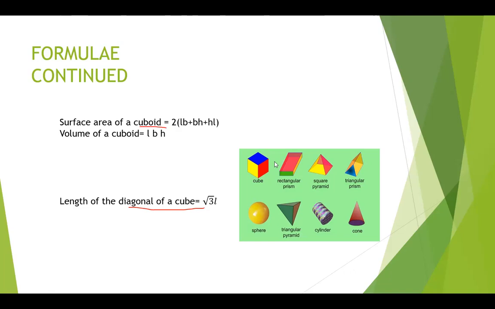Here you can call this a cuboid. This is length, this is breadth, and this height is the width. So here you can see there are 6 faces like this. One face has its surface area as length into breadth, another has breadth into height, another has height into length. Like that, 3 more faces are there on the other side. Thus, we have 2 into (length into breadth plus breadth into height plus height into length) as the surface area of the cuboid.